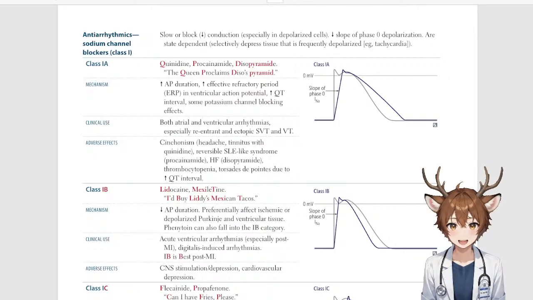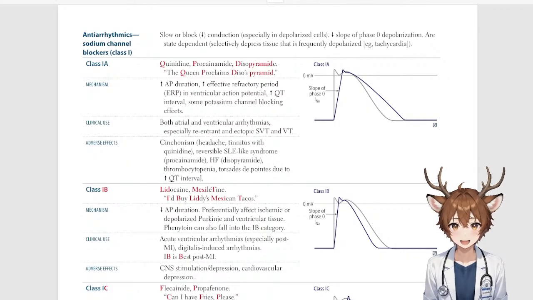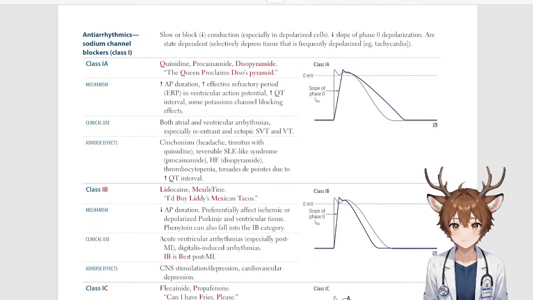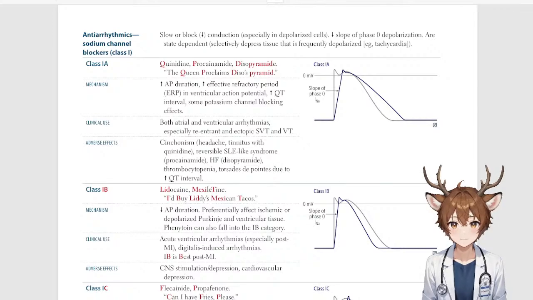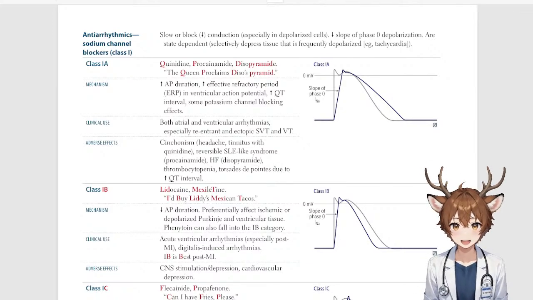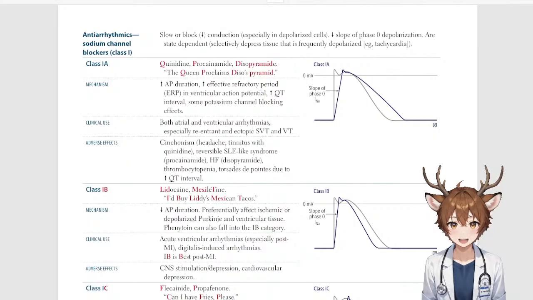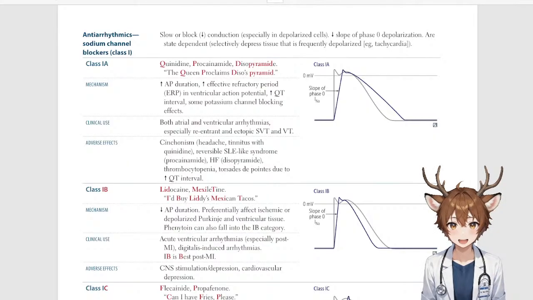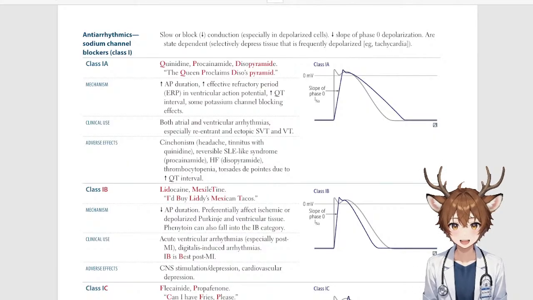Let's talk about antiarrhythmics. Sodium channel blockers, class 1. Slow or block conduction, especially in depolarized cells, decrease slope of phase 0 of depolarization, increase action at faster heart rate, state-dependent increase in heart rate leading to a shorter diastole. Sodium channels spend less time in resting state. Drugs dissociate during this state. Less time for drug to dissociate from receptor. Effect most pronounced in